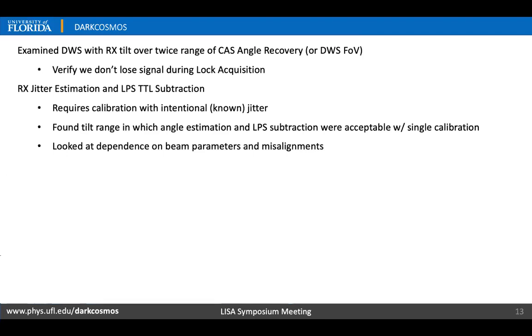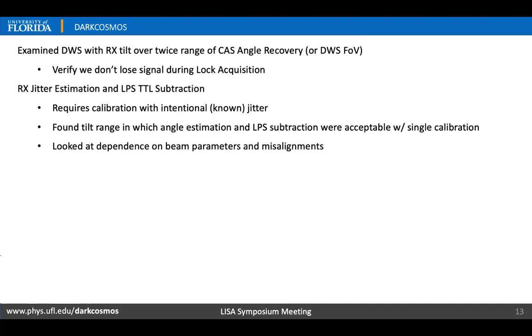During lock acquisition, spacecraft control transfers from constellation acquisition system to differential wavefront sensing. We examine over which angular range DWS signal allows us to align the constellation and bring us into science mode. We use our code to analyze how the effects of internal beam misalignments on our DWS signal will affect our